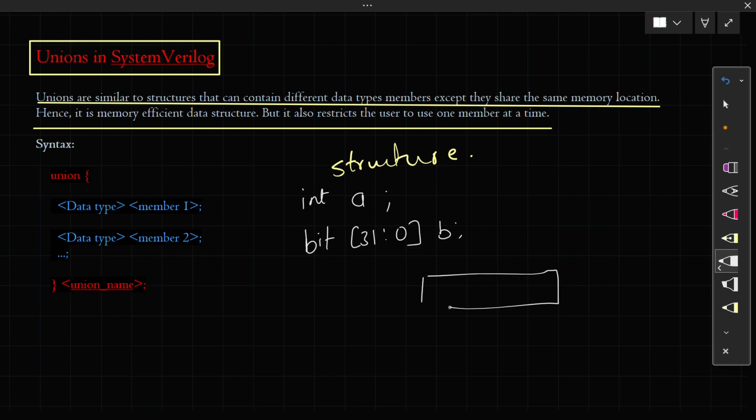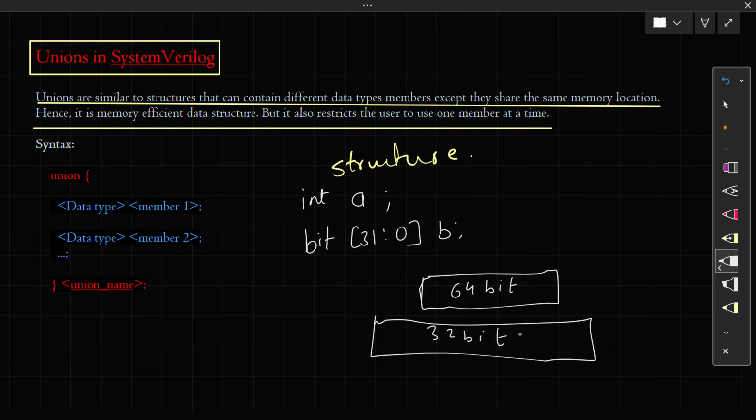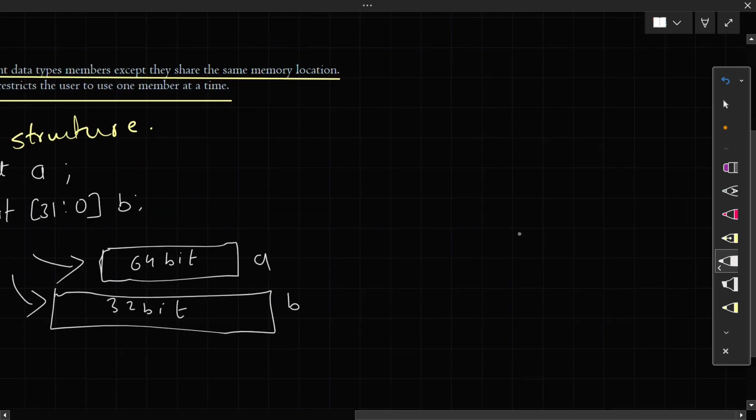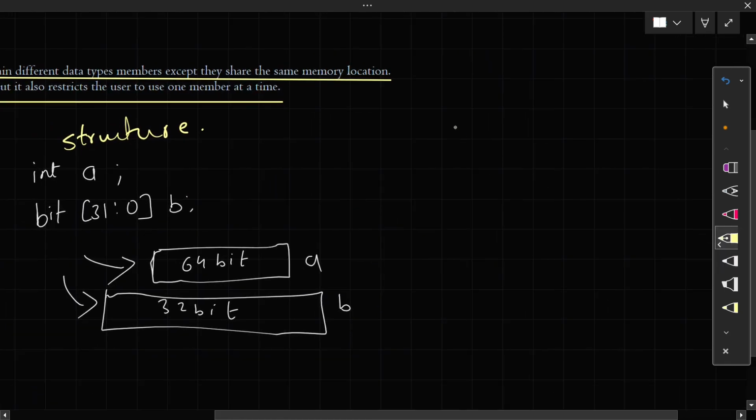So this a will have a different memory location, let's say a 64-bit size memory location, we are assuming this, and in bit we have our 32-bit. So this is a and this is b, so these are different memory locations. You can store any variable separately in a and any variable separately in b, but in union